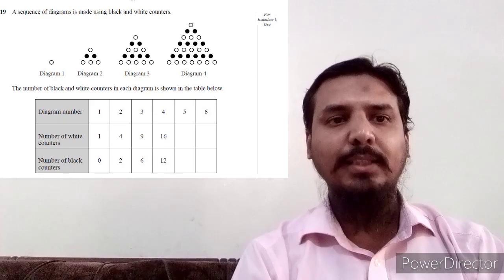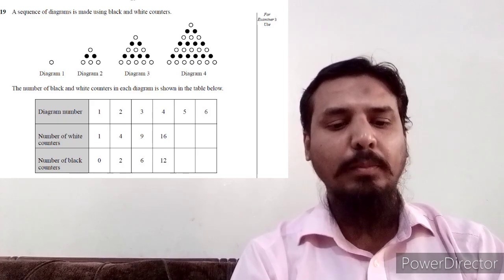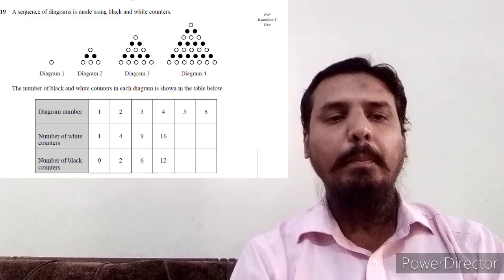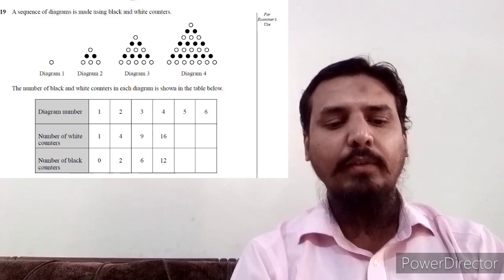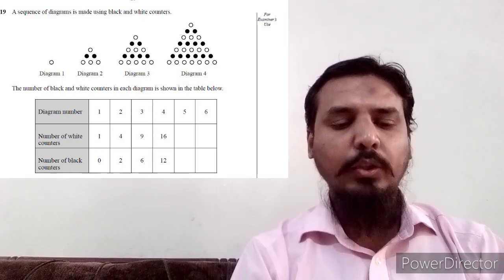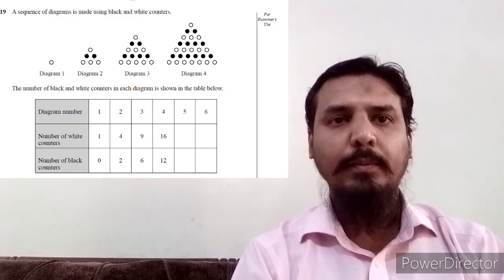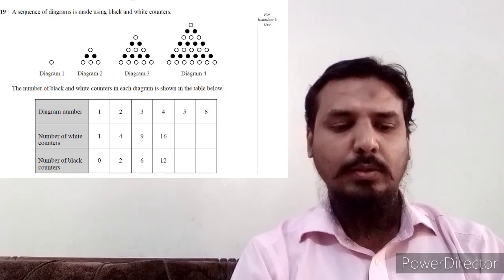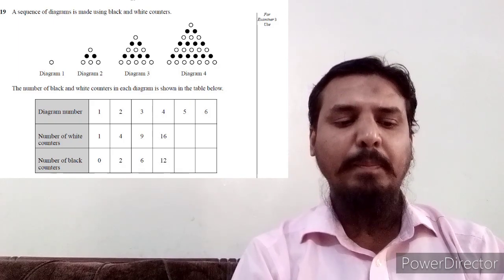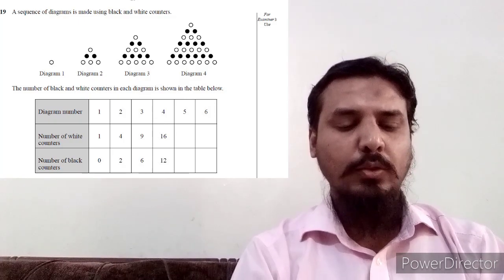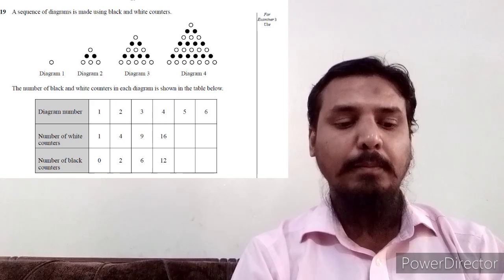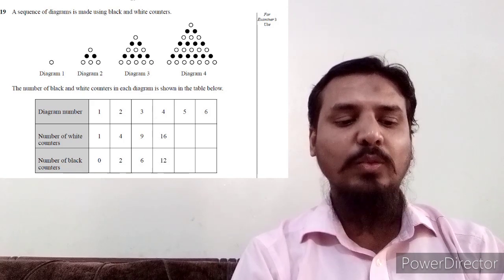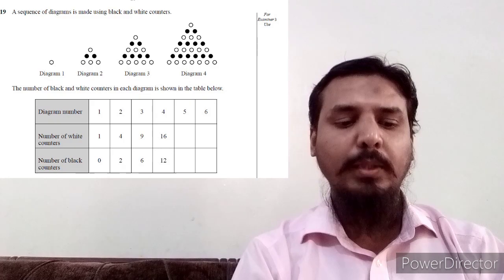So we can clearly see that these are the square numbers. So the next two numbers in this row will be 25 and 36. Now the third row is 0, 2, 6 and 12. So the third row is basically, sorry, not the sum, basically the difference of the first two rows. So in the first number it is 1 minus 1, 0, and in the second number it is 4 minus